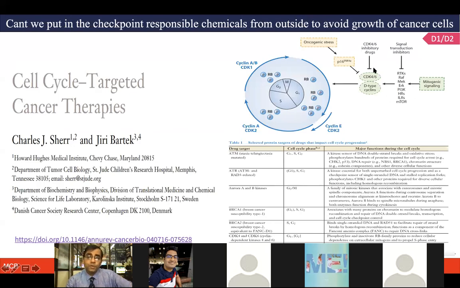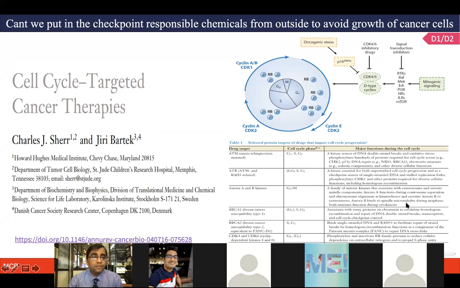But here they have shown different inhibitory drugs at different points of the cell cycle checkpoints, which can be used to control those. And like what you thought, other scientists are doing experiments, which are in different phases of clinical trials, with different drug targets for controlling different cell cycle phases being tried for different cancers, and their major roles in the cell cycle have been described.